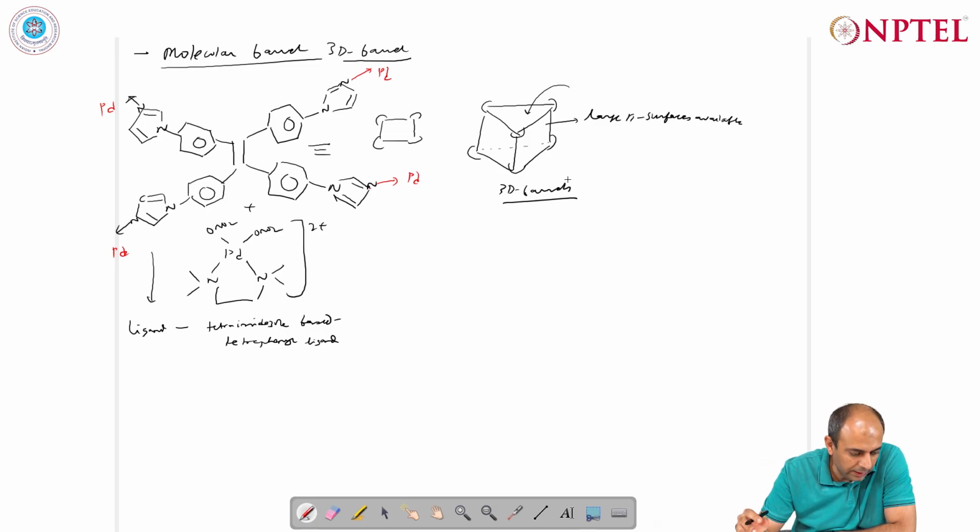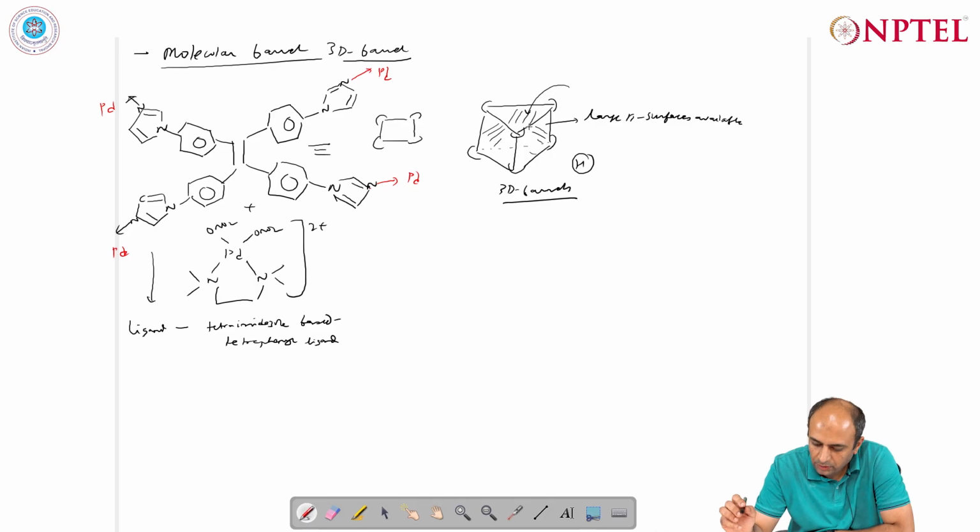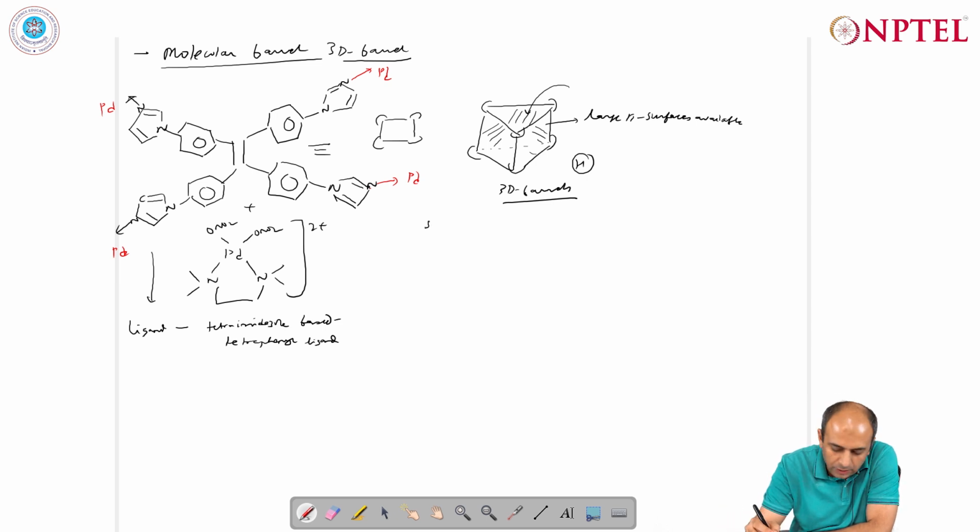This particular 3D barrel, which I am referring to as H, has this particular surface, this particular surface, and the back surface. So we have this 3D barrel